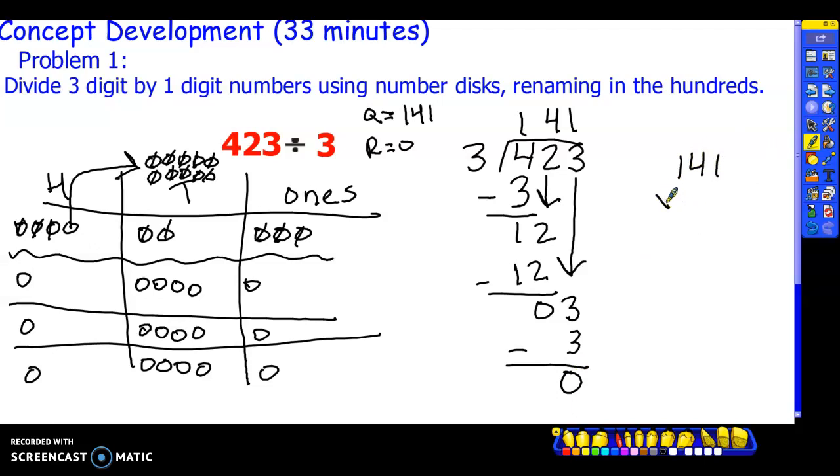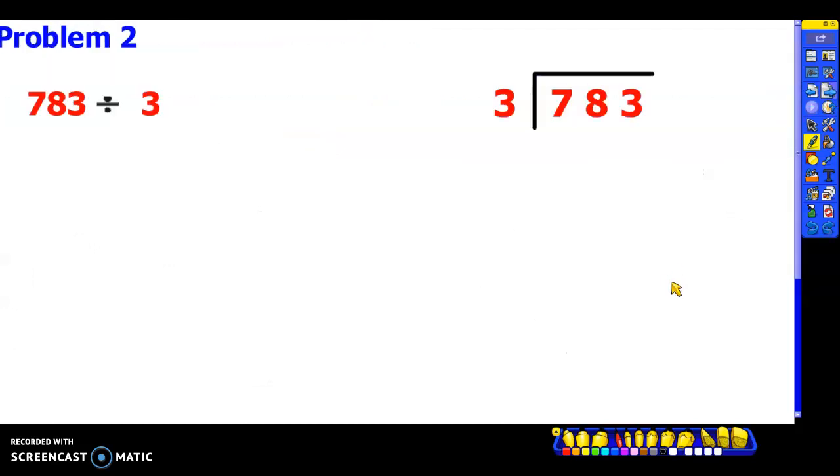Check your work. We have 141 times 3, so 12, rename, 3 plus 1 is 4, 423 checks. Okay, let's check out this one. Now we have 3 going into